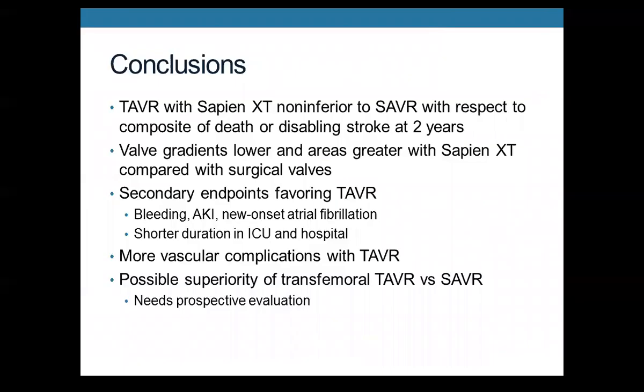So here are kind of takeaways from this trial. TAVR with the XT valve was non-inferior to surgical AVR with regard to the pre-specified primary endpoint of all-cause death and disabling stroke. And again, this is at 2 years. Valve gradients were lower and areas were larger with the SAPIEN XT compared to the surgical valves, again at 1